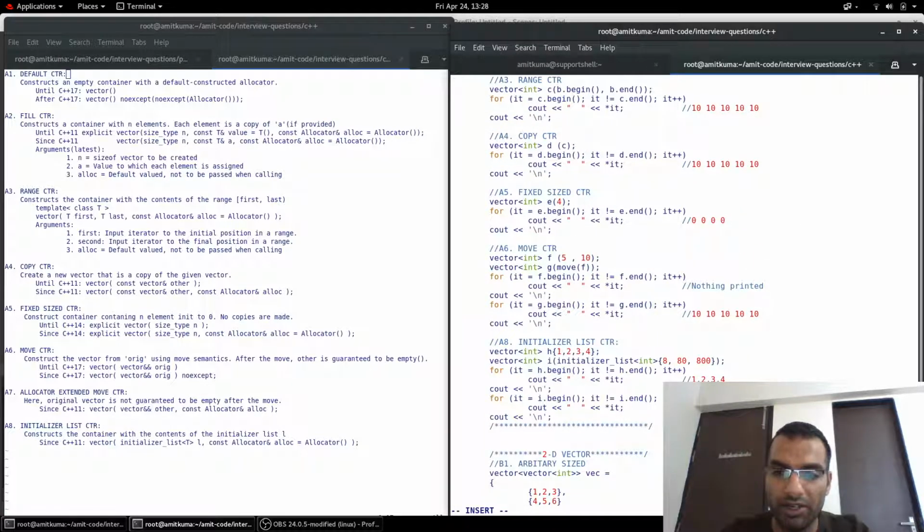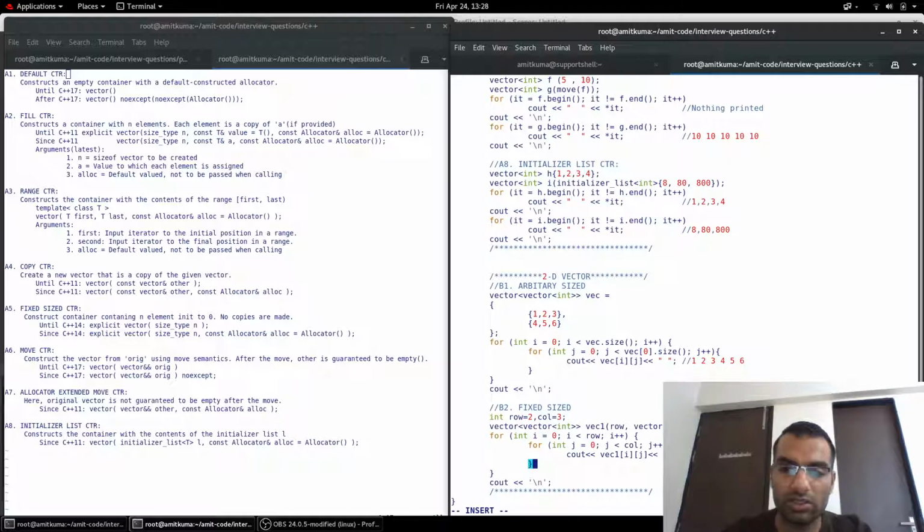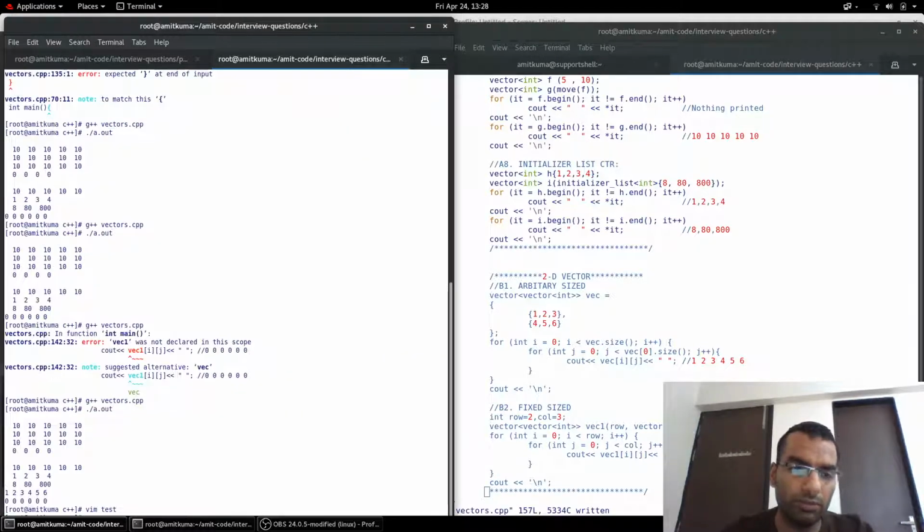If we print h, it will come 1 2 3 4. If we print i, it will come as 880 800, because we initialized from the initializer list. I'll comment out this code for the 2-dimensional vector. Maybe we can cover it in a separate video.